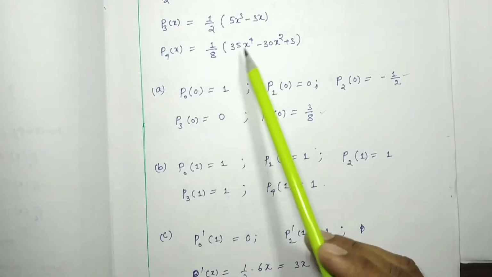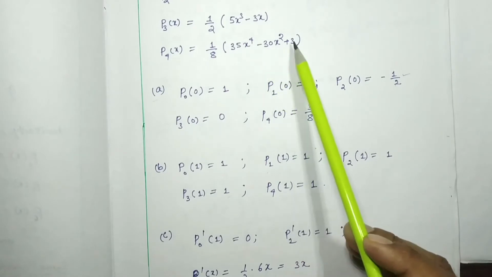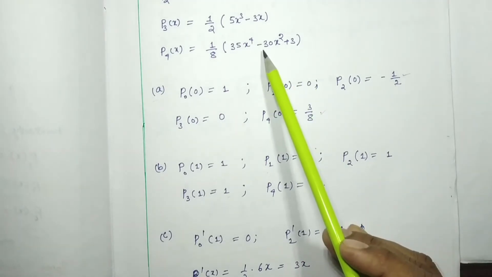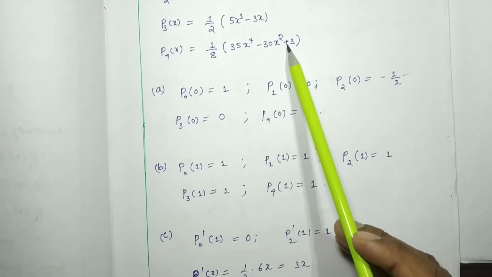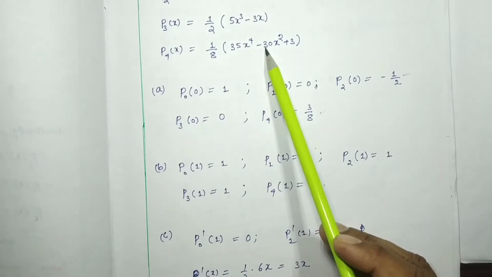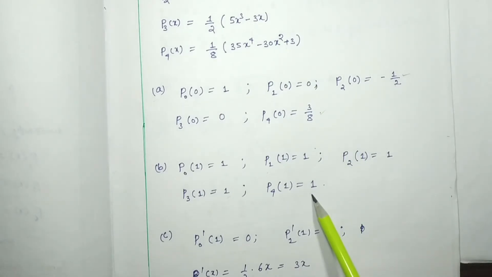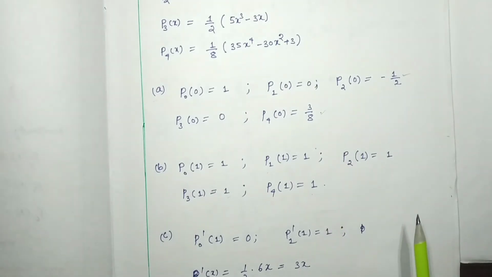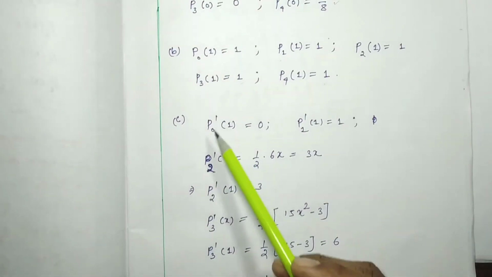P41. P41 means here we have to put 1. It will be 35 plus 3, minus 30. So 35 plus 3 is 38, minus 30 will be 8. 8 by 8 will be equal to 1. Okay. Now we have to consider the third bit of the question, that is, first we have to find out